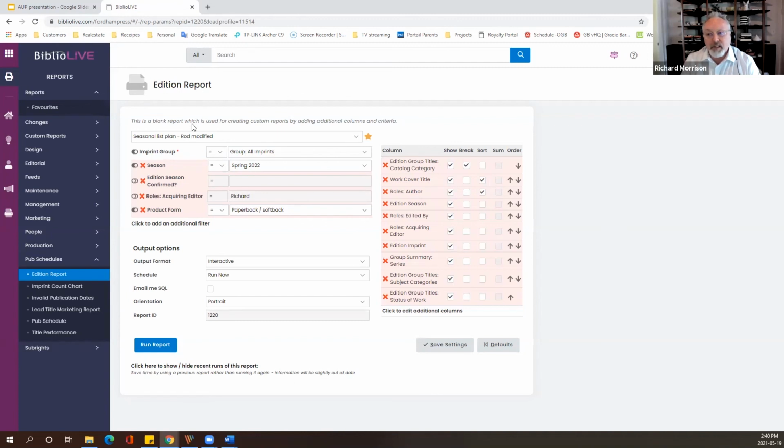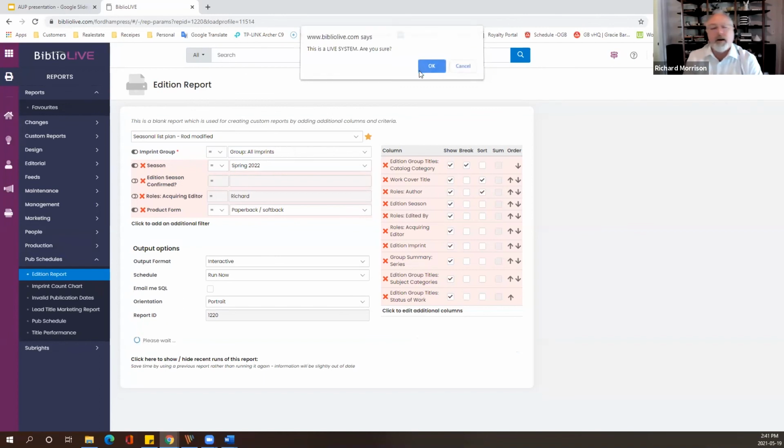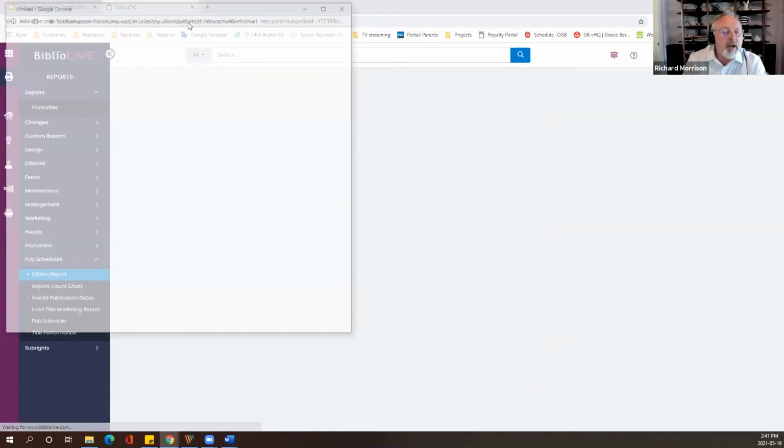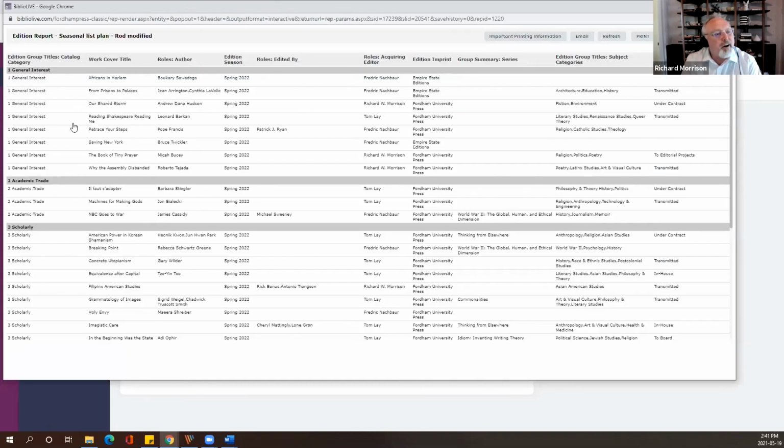What titles do we anticipate getting in on time? Do we have too many? Do we have too many in one subject area? Do we have too many edited volumes and not enough single authored volumes? Are there projects that we need to push forward or some that we need to push back? So this report, which is my favorite report, and officially my favorite report,